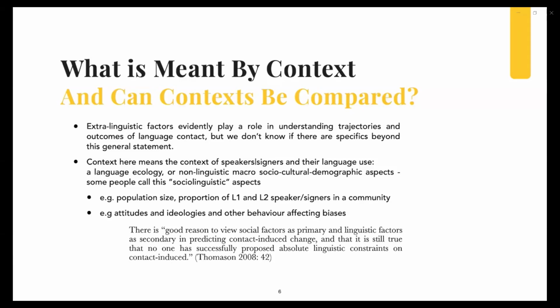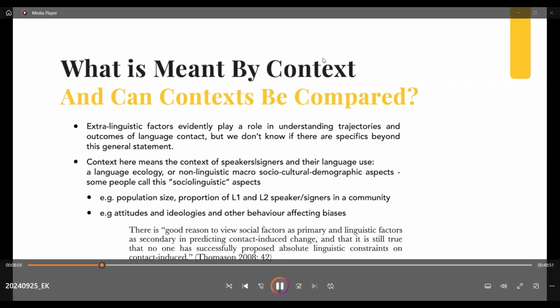So this idea is that if you have quite a high proportion of speakers who learn a language as their first language, then they're not going to form morphosyntactic or linguistic errors, as opposed to if you had a population where a lot of people are second language learners, then perhaps some second language learner errors, I'm using air quotes here, may make their way into a linguistic system and become entrenched over time.